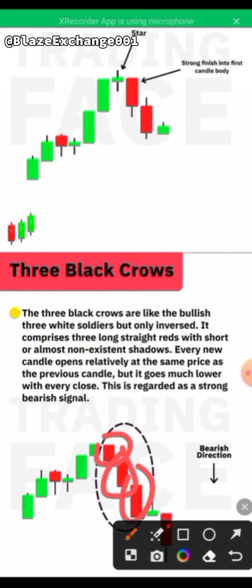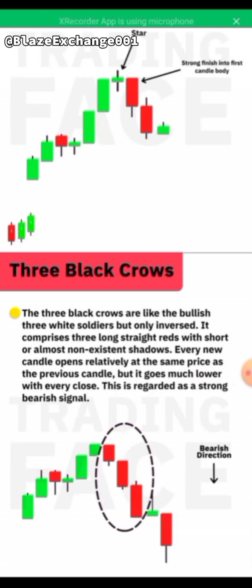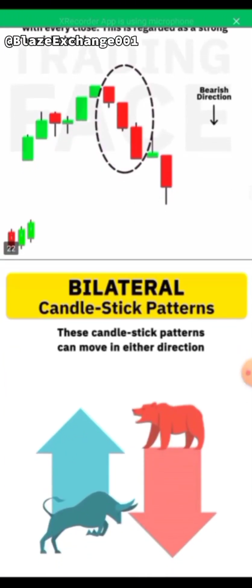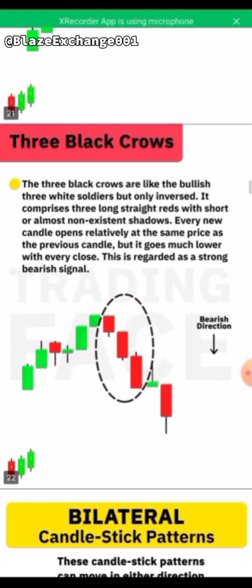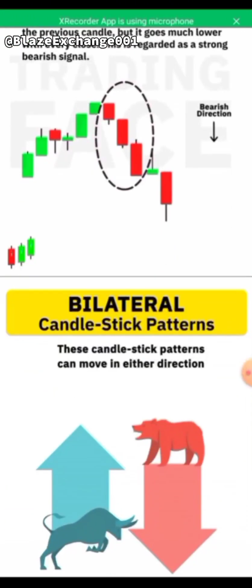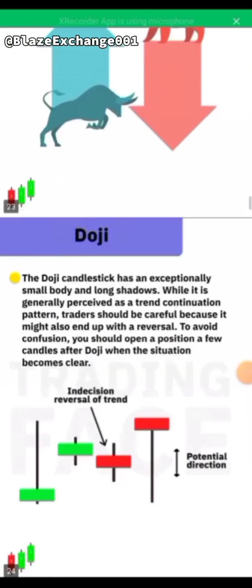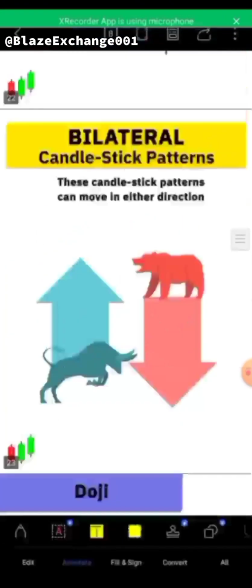That means the direction of the market will start going down as seen here. That's what I'm trying to show. So as simple as that. So we are done with bearish candlesticks. I think we are over. We're having something like 10 minutes left. Let me see if I can explain this. Okay, I can explain this in 10 minutes.